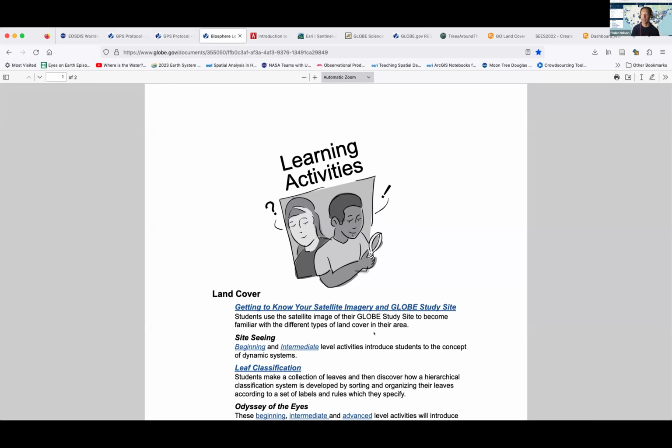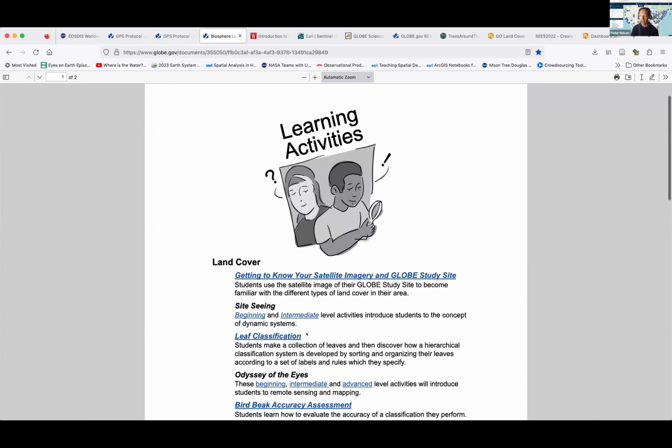What do you see at that? The leaf classification piece is one that we get asked a lot about. Everybody wants to know, what is the tree that I'm measuring? Well, there is a nice, wonderful activity here that walks you through how to figure that out.